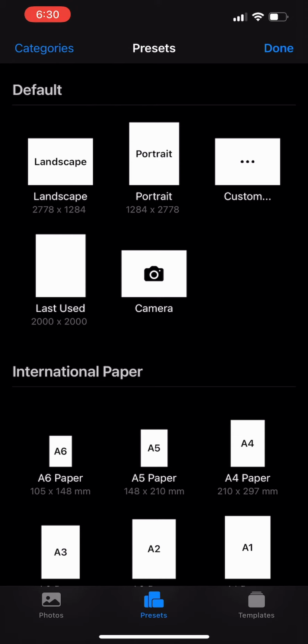So when I start a new project in the upper right, I do have a landscape and a portrait option, and those are sized to the exact screen dimension of my 12 Pro Max. So as you can see, portrait is 1284 by 2778. So when I open this, it is exactly the size of my iPhone, and that makes it incredibly useful for